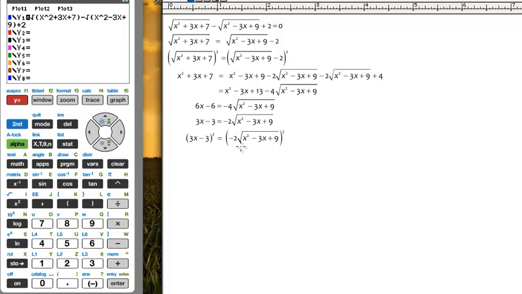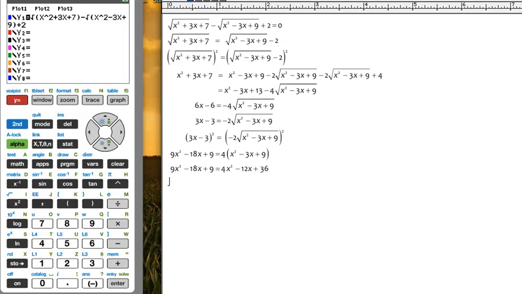Squaring the side with the radical will be easier this time because there's not going to be any foiling. I will have to FOIL this left-hand side. After I FOIL the left-hand side and square the right-hand side, I'll end up with this. I put this radical in parentheses because I want to remember that I need to distribute. After I distribute,